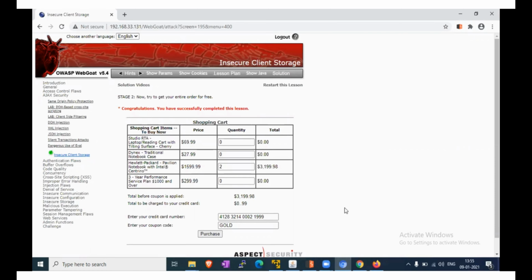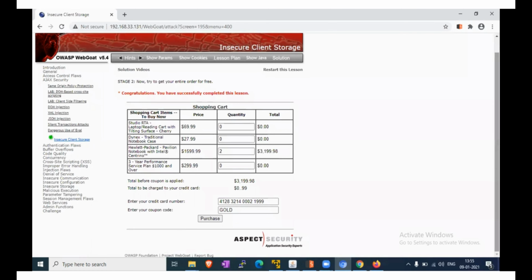Okay, I think we made a mistake in typing the amount value. That's why it's showing a 0. In short, you can modify the grand total value and change that particular value.